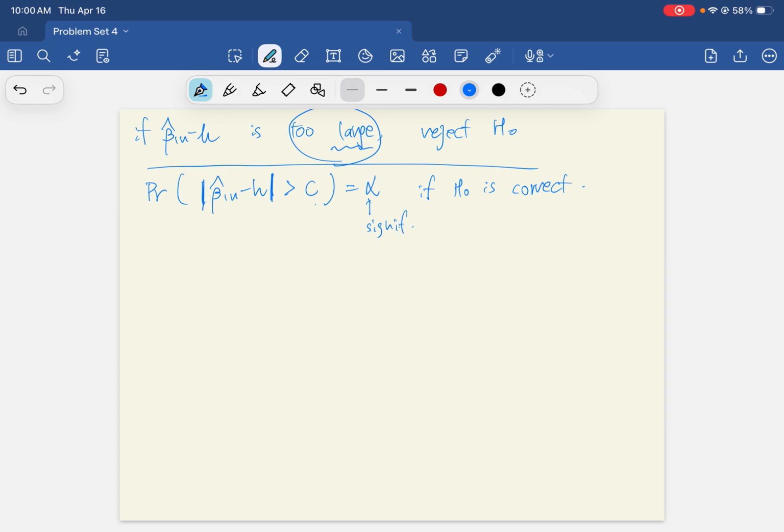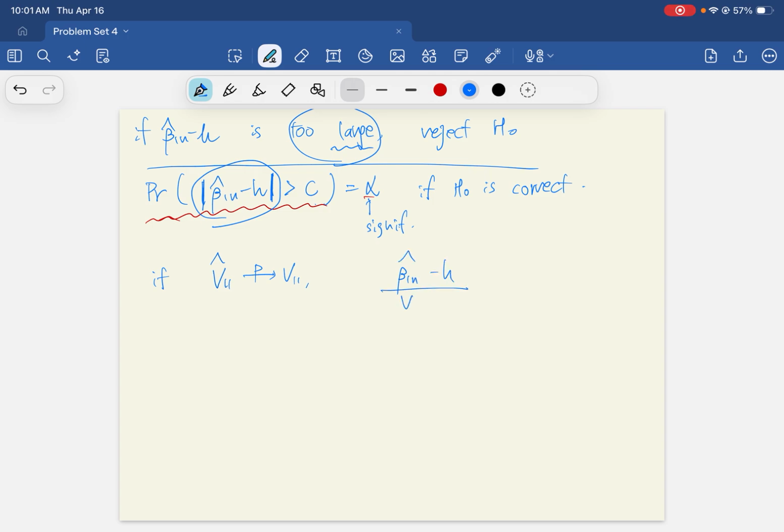Okay, so then we have to utilize statistical knowledge to find out this probability equaling alpha, right? In the old school textbook, we learned the t statistic as an exact distribution of this guy, but we are not going to do that. What we are going to utilize here is, if you have a consistent estimator for V11, then